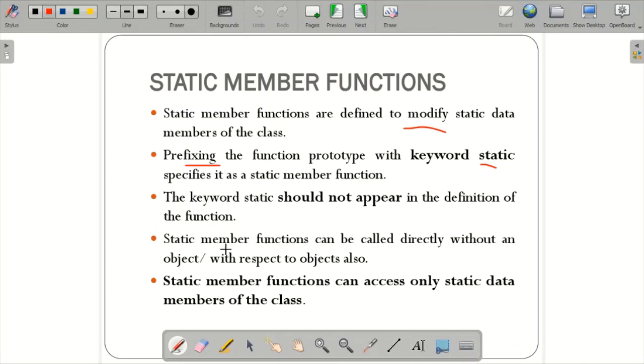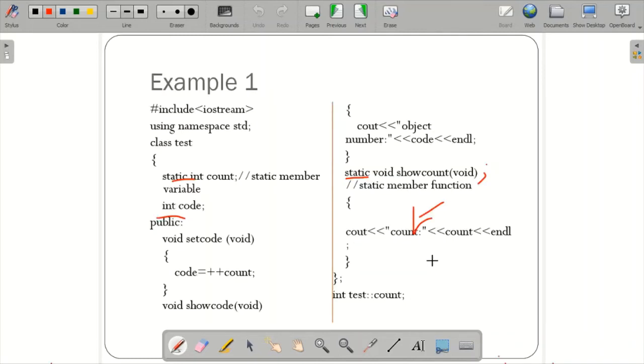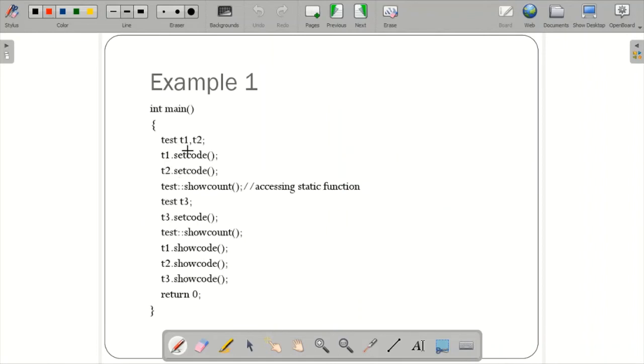A static member function can be called directly without an object, or with respect to an object also. For example, if you declare t1 and t2 and want to call the showCount static function, you can call it using these objects, t1.showCount or t2.showCount.